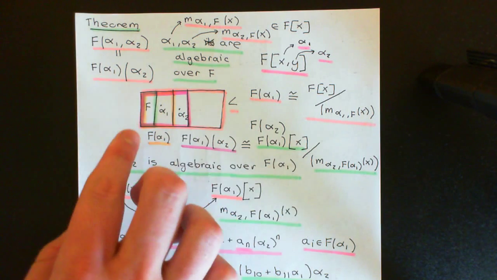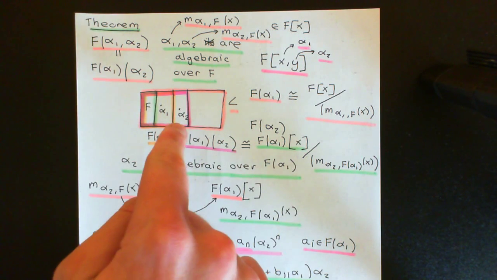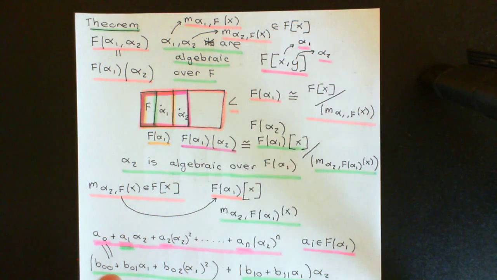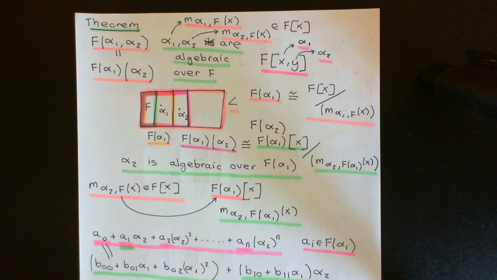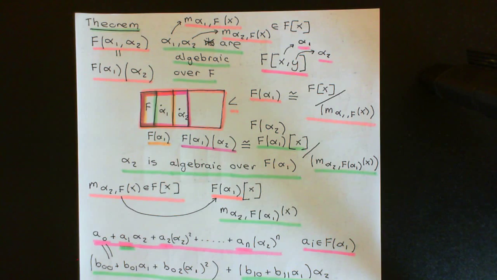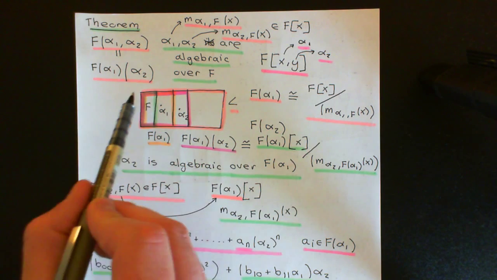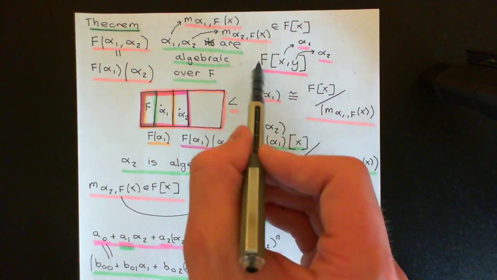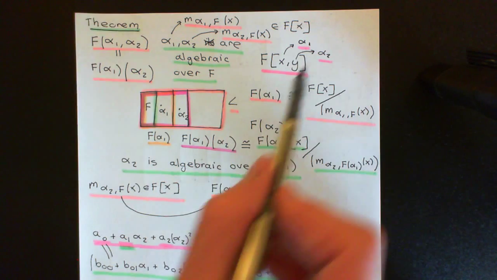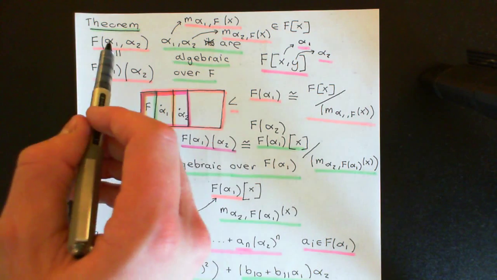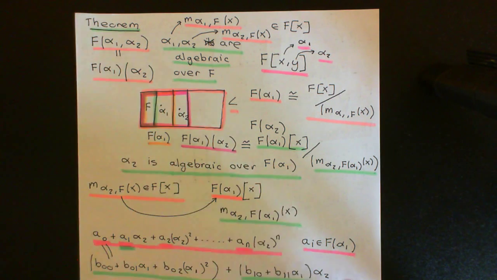Okay, and collect all of those answers together. You go through every single polynomial and evaluate them with x equal to alpha 1, y equal to alpha 2, so you consider every possible polynomial in two variables with coefficients in the field F. You ask what will it actually give you when you evaluate it at alpha 1 and alpha 2 in the field capital L. You collect all of the answers together, okay, you will get that this completely contains F because all the constant polynomials will be in here, and when you evaluate them at alpha 1 and alpha 2, will remain as they are, so you'll get all of F, and you will actually end up getting the field generated by alpha 1 and alpha 2 over F,